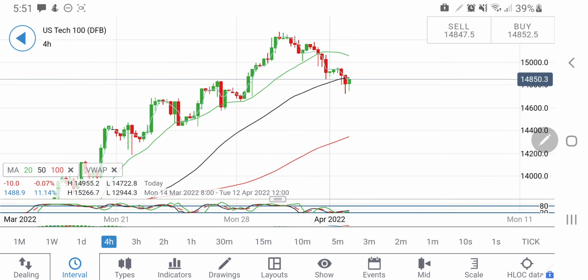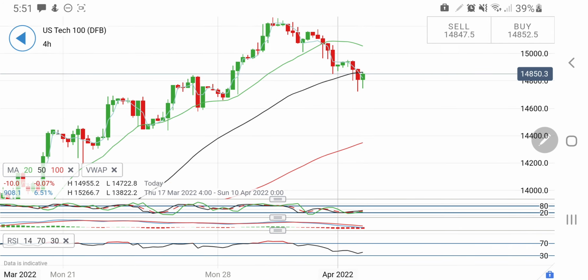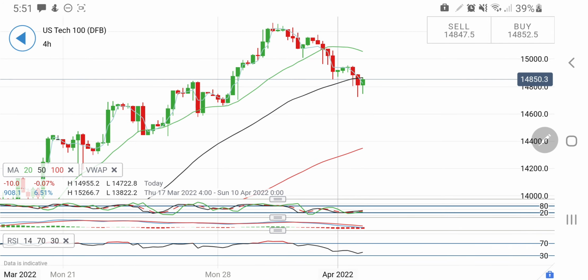On the 4-hour charts, a couple of observations to make. See, this was the rally, this was the drop, higher. So it has started from here and ended up here. So higher lows and higher highs, that is what we can see on the 4-hour charts. Now only if it drops below this zone, that is 14,650, if you see it trading below 14,650, then we can expect that it is going to correct sharply towards